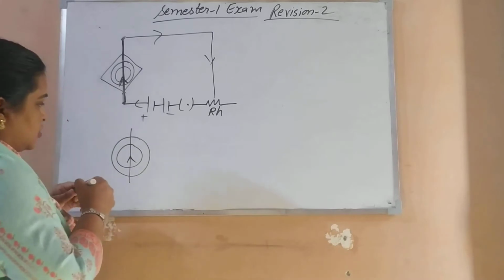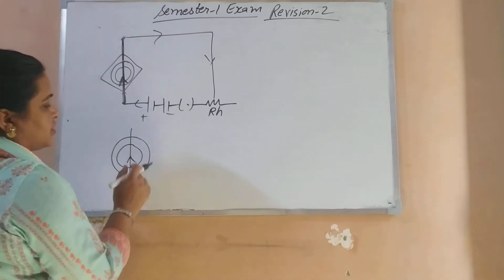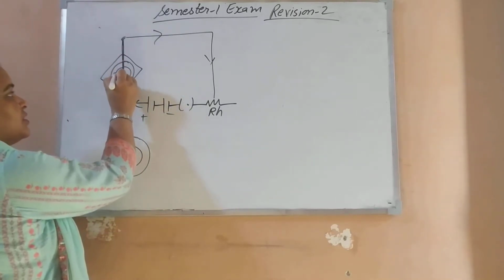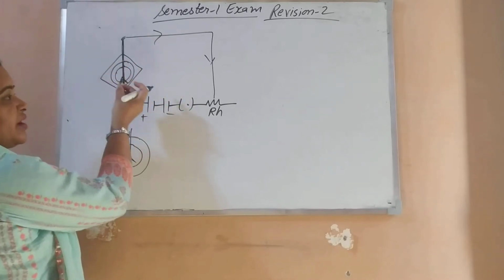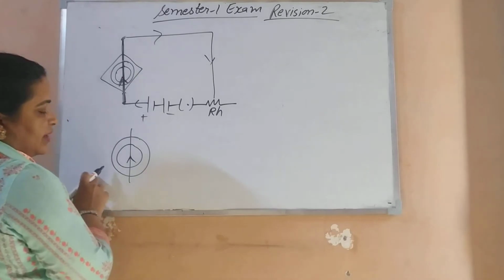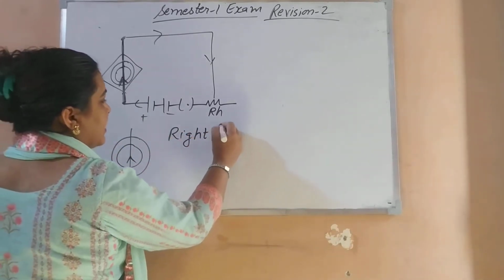Current is going up. So how do we find the direction of the magnetic field lines around it? Using a magnetic compass also we can find it. We can put the compass on the first circle of the iron filings, and wherever the north pole moves, that gives the direction of the magnetic field line. Similarly, if we want to use a rule here, that is the right hand